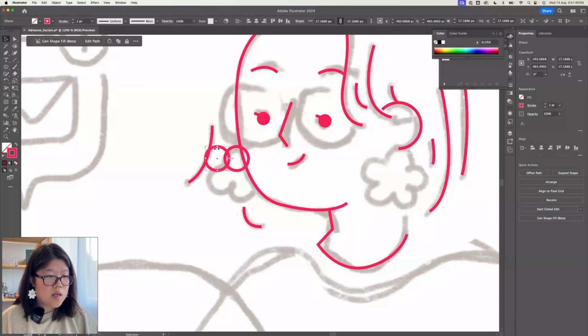So this is just an earring, the one I'm wearing. I really like this earring. It's like a flower, and